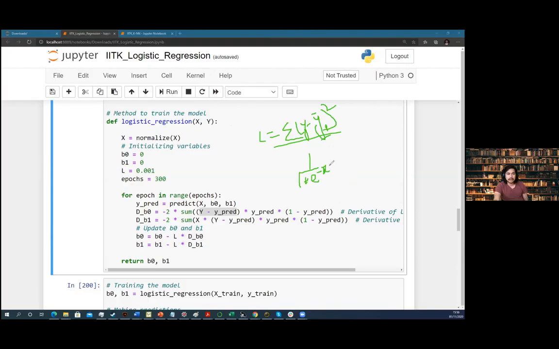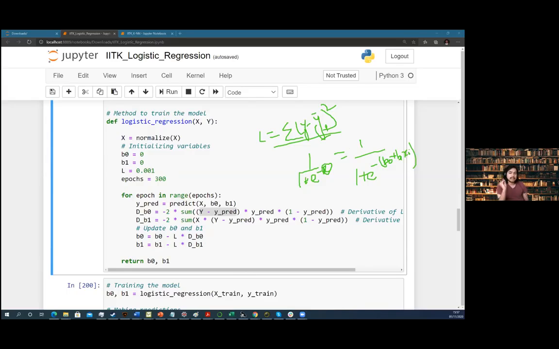So this is your prediction function. If I replace this value with the binomial expression that I was discussing the other day, then you will be able to solve this one, which will be 1 by 1 plus e raised to the power minus (b0 plus b1 xi). Initially we have given b0 and b1. We'll try to update this b0 and b1.